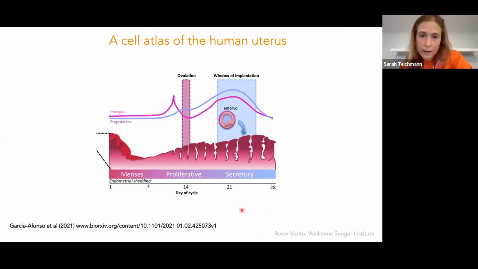And the exciting thing about the uterus is, of course, that it's a dynamic tissue. It changes throughout the menstrual cycle, the monthly cycle, and it's very species specific. As all reproductive tissues, it evolves very quickly, and so even the human versus the primate has differences, for instance,